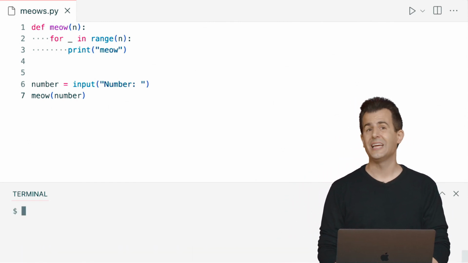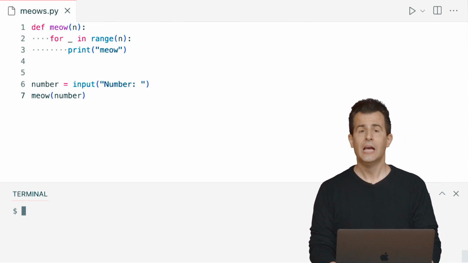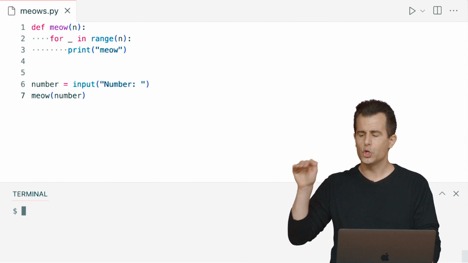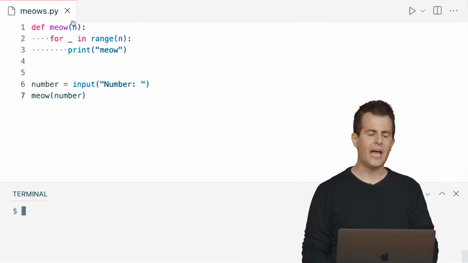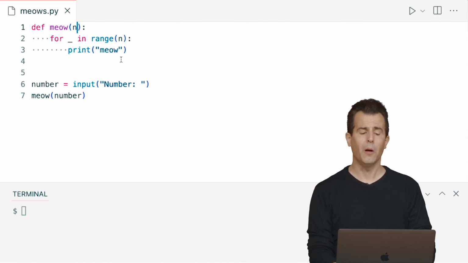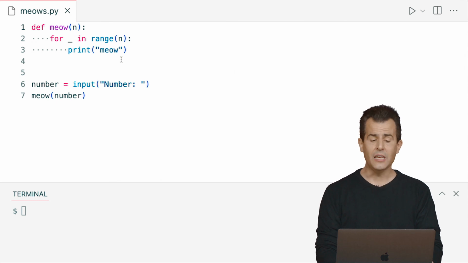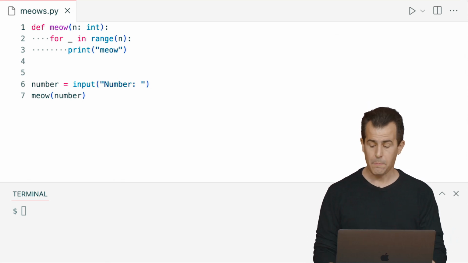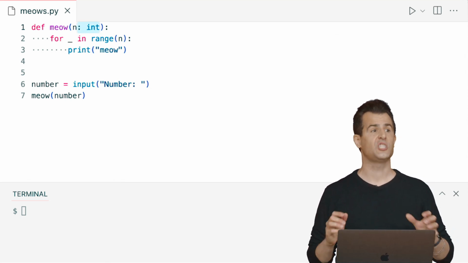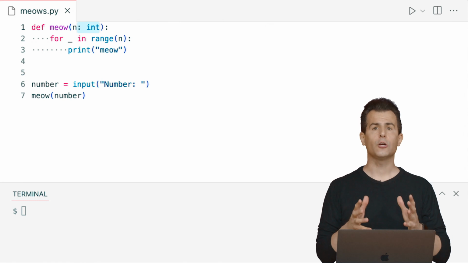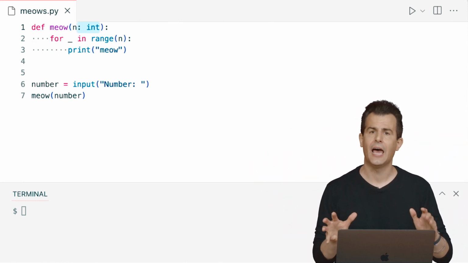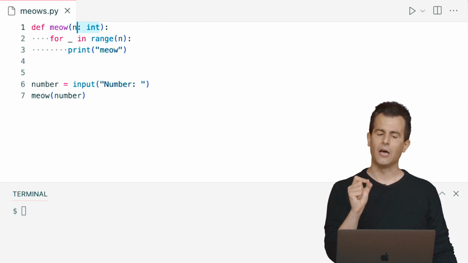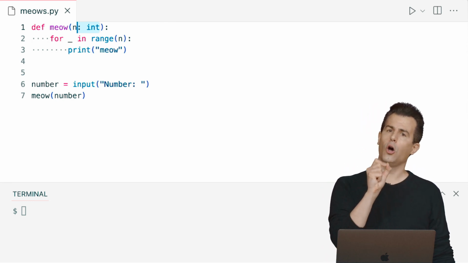Let me add what's called a type hint to my function that explicitly specifies for meow what type of variable should be passed in. I'm going to go ahead now and change the very first line of my function to specify that n colon should be an int. And this is a type hint. The fact that I've added a colon, a space, and the word int is not creating another int or anything like that. It's just a hint, an annotation, so to speak, to Python that this variable on the left called n